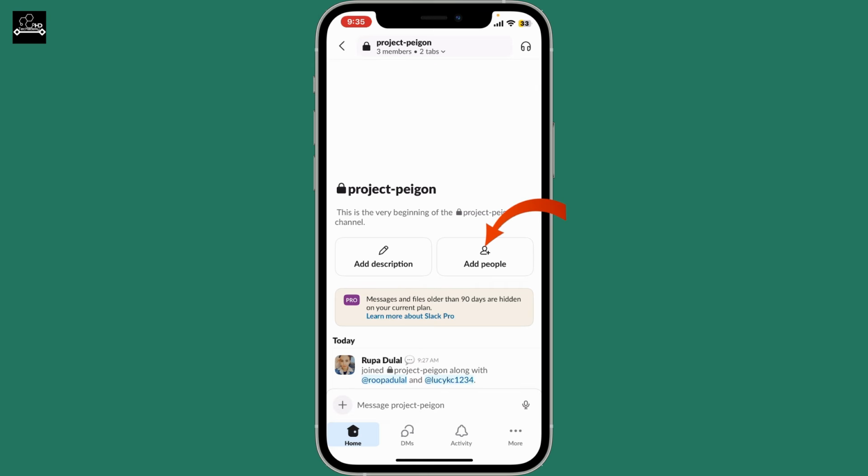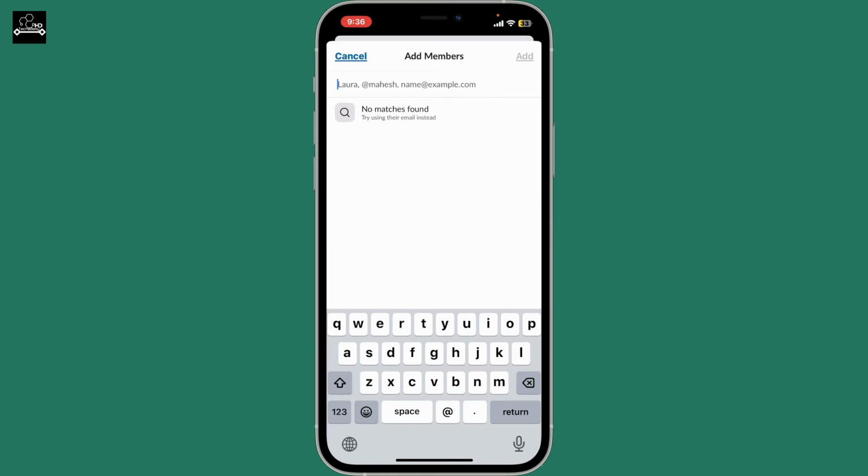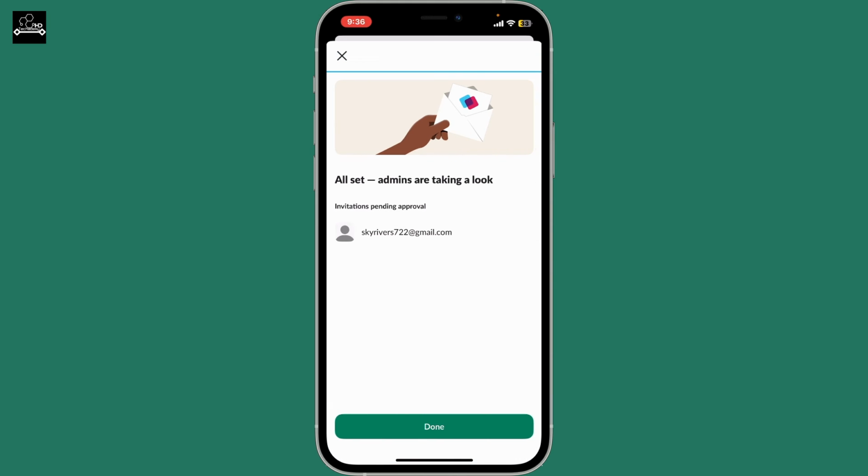Now, click on Add People. On the next page, write down the email of the person you want to add. After typing down the email, click the Invite button and click on Add at the top right. You can add more members by repeating this step, and once tapping Add, you have successfully sent them invitation to